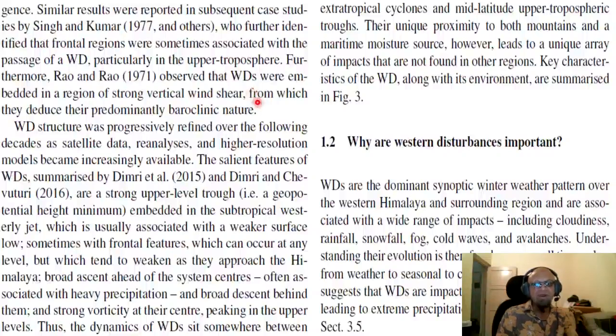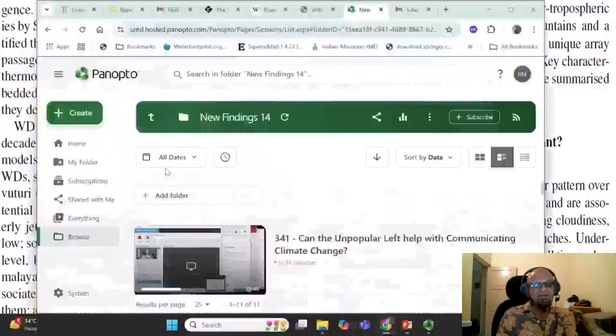Furthermore, Rao and Rao observed that WDs were embedded in a region of strong vertical wind shear, from which they deduced their predominantly baroclinic nature. WD structure was progressively refined over the following decades as satellite